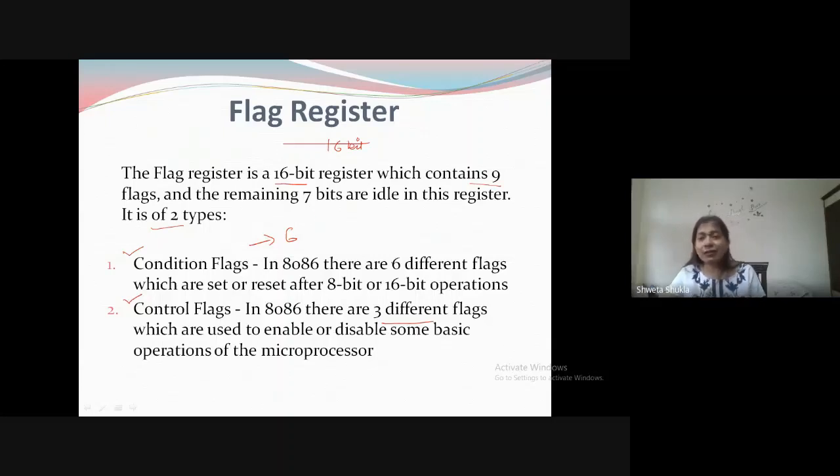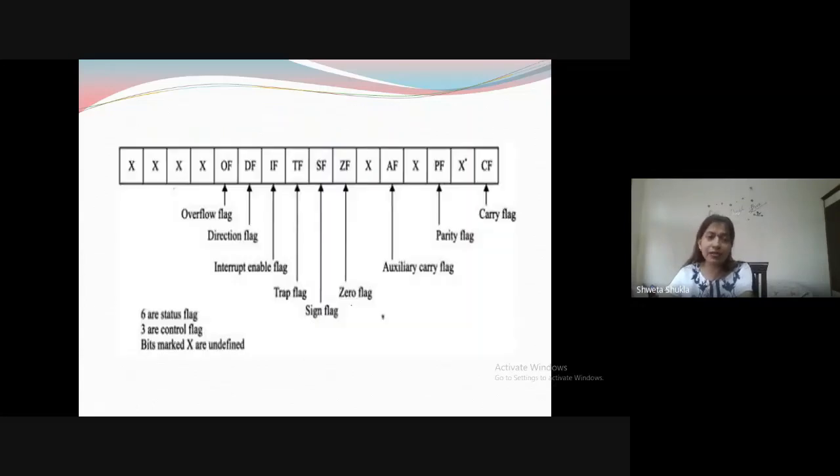Condition flags are somewhat similar to your 8085 microprocessor flags, but we have some new flags introduced in 8086. Now, these 9 flags are overflow flag, direction flag, interrupt flag, trap flag, sign flag, zero flag, auxiliary flag, parity flag, and carry flag.